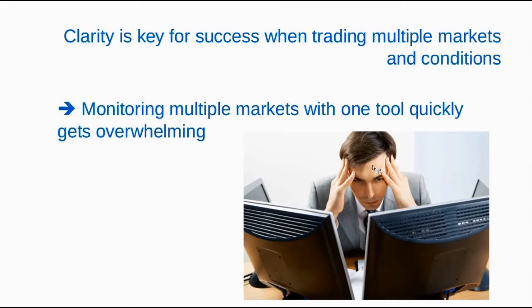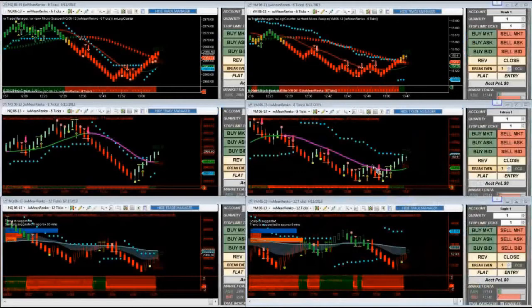All right, so let me see if I can get you my charts now. And you'll see how I do it. Now, let me walk you through this. This might look a little overwhelming at first, but it's not as bad as it seems. What you're seeing here is a system that's been developed to exactly address this issue that we're talking about today. It is called the Diversified Trading System,